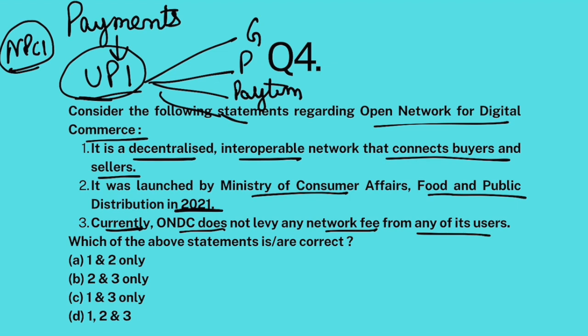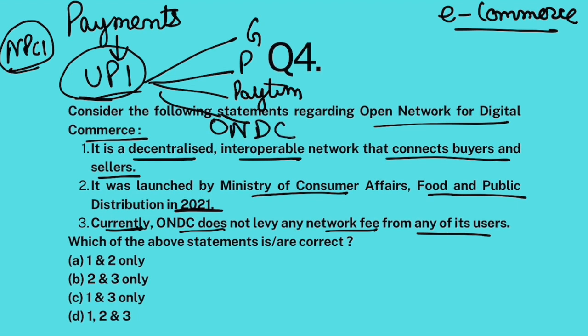Now, similarly, the Government of India also wants to promote e-commerce. For e-commerce, you require a proper network where buyers and sellers can meet. What does Amazon or Flipkart provide? They provide a network where buyers can place orders with sellers. Now that network is very expensive to build. Amazon has built it. So to help out smaller players to launch their own e-commerce business, the government created ONDC, Open Network for Digital Commerce.